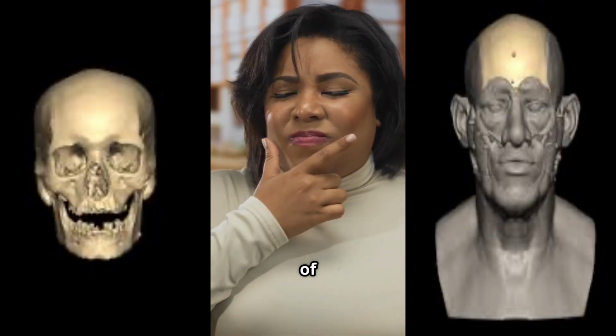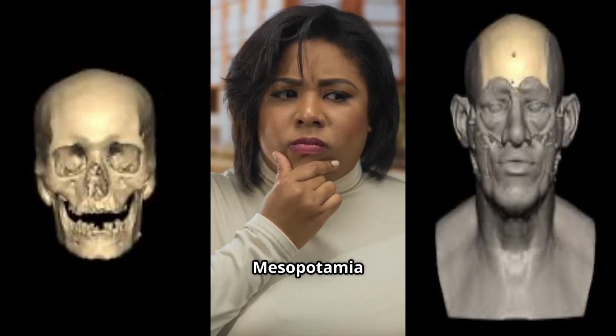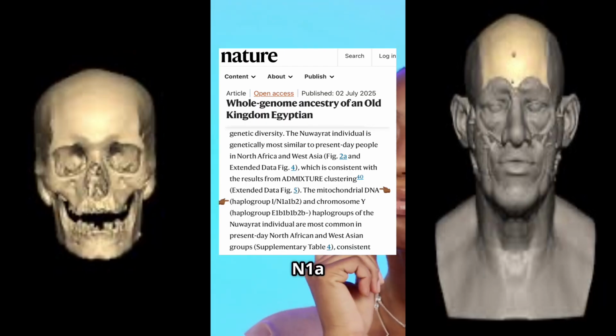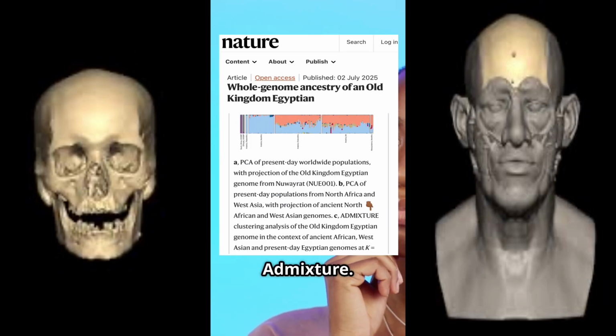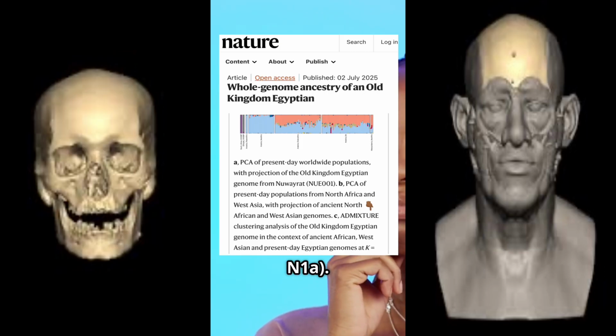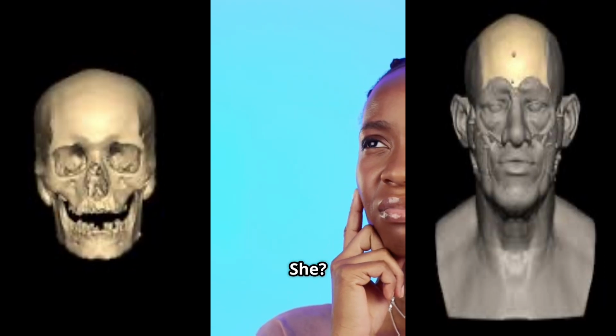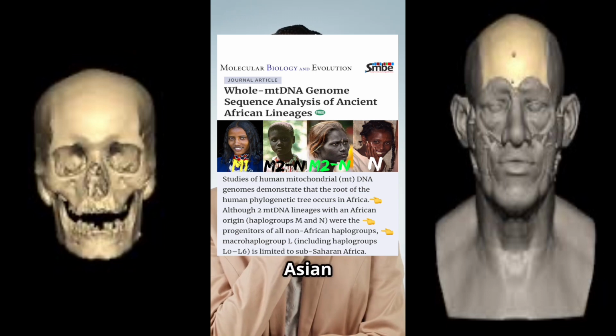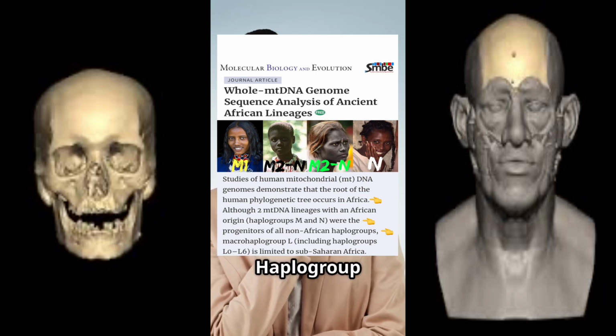The 20% of his DNA components contributed from Mesopotamia are from his mitochondrial DNA, and his results revealed he carried mtDNA haplogroup N1a, and this is due to admixture. So his mother had some genetic admixture or components from women from Western Asia with mtDNA N1a. Or did she? mtDNA haplogroup N is most dominant in Eurasian, Asian, and European women today,